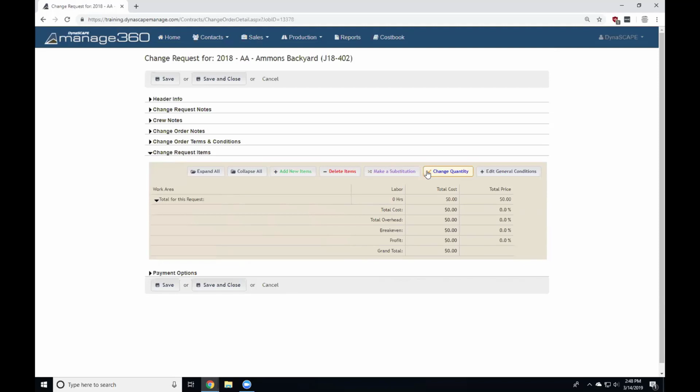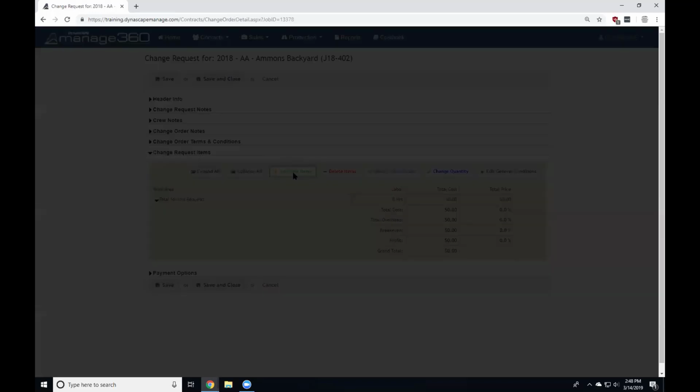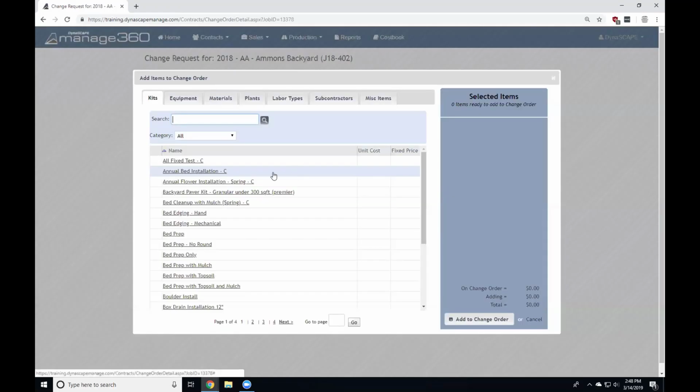So if I go into add, so I want to do add new items, you can see how they all work. Like I said, this one is fairly straightforward. Here's the new item here. Add items to change. And again, if you built a kit or if you've done any estimation, this looks pretty much the same. When I'm adding items to the change order,